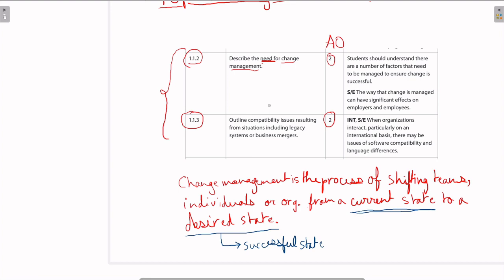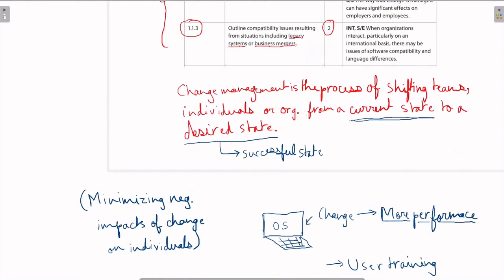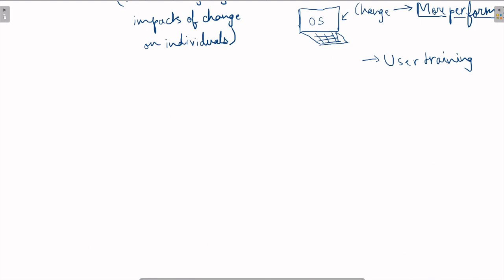So topic 1.1.3: outline compatibility issues resulting from situations including legacy systems or business mergers. Now I'll start by giving concrete definitions of both legacy systems and business mergers, so you understand what we technically mean by those. And then I'll talk about possible issues stemming from both of them. I'll do this with green, right? So the term legacy system,